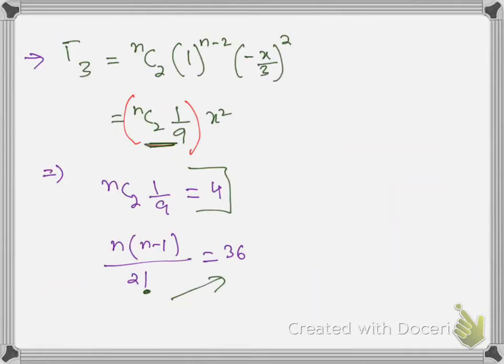So by substituting everything in this formula except n, we have nC2 times (n minus 2), and make sure you take the sign of the second term here. So this is the coefficient of x square. You just need to equate this coefficient with 4. This was given. So nC2 is n(n minus 1) over 2 factorial.